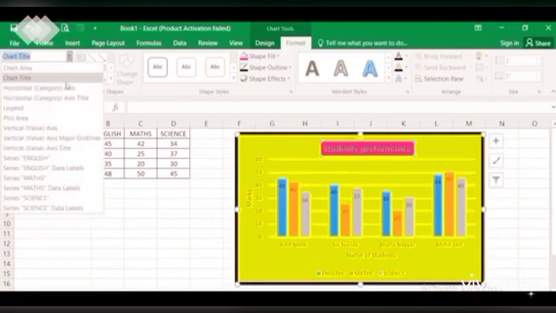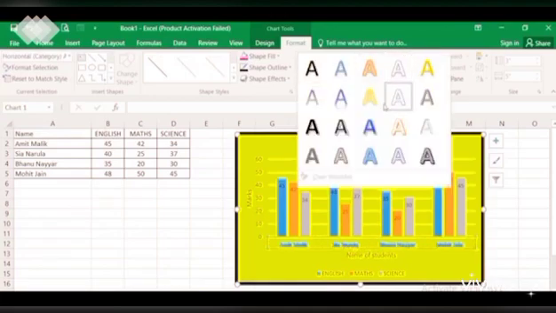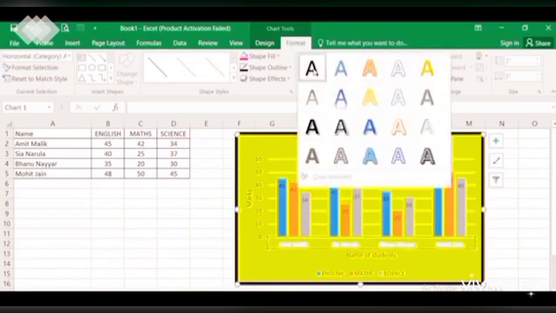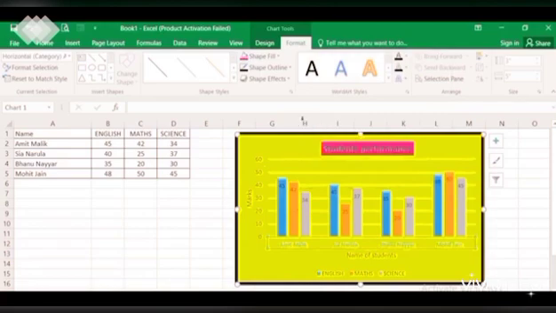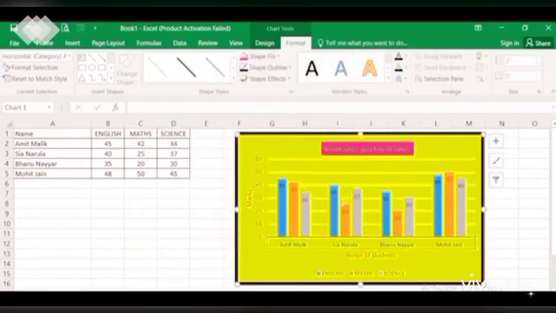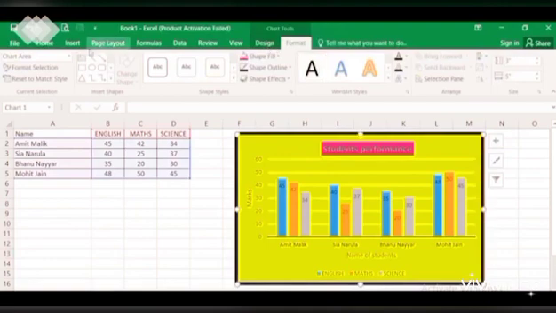After chart title, we'll go to the horizontal axis, that is this axis. Now how do you want these to be written? You can format the alphabets like this. Now it is not clear, so let's have a font which is more clear. This is okay. Now you can even have the outlining. If you want, from here you can select the line that you want. See the x-axis, you can make it thick.